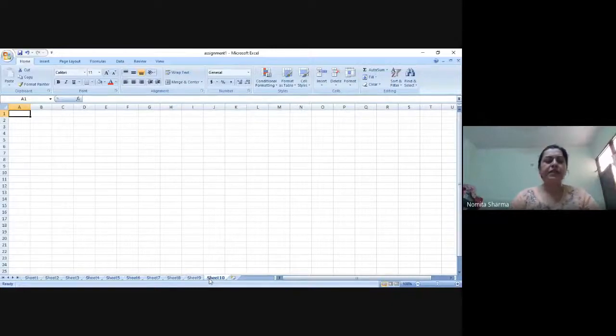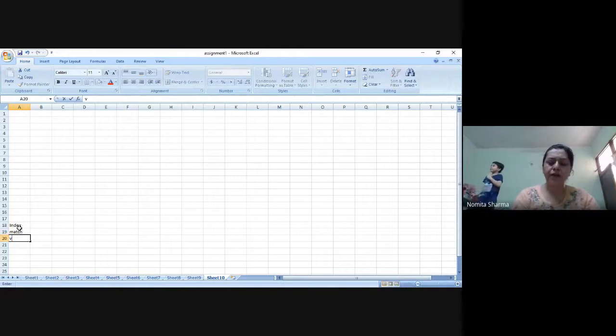So let's start with the index function. And I believe I did that a bit in the last class. And just to recall, match function will give you the position of a value, and index function will give you the value that you're referring to, right? So let me just write that so that we are sure what we are doing.